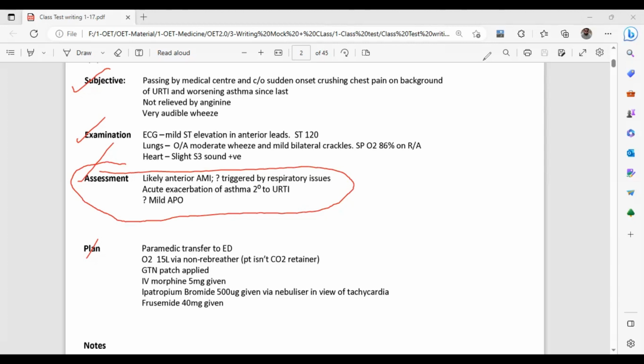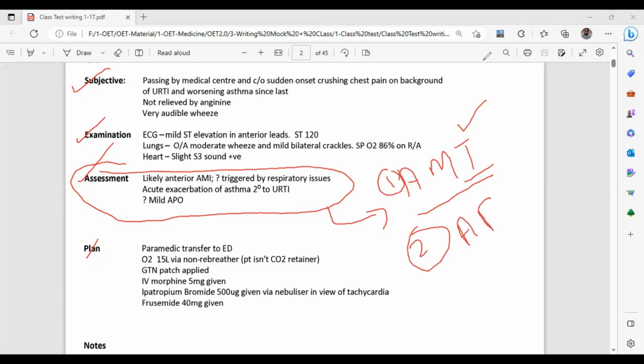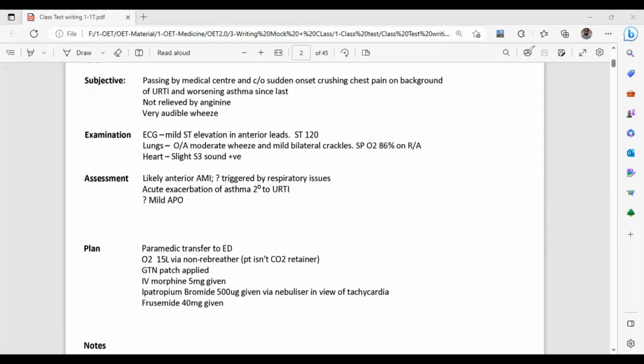So what we have in the assessment is AMI, acute myocardial infarction, for example. This is your first DD. Now, the second DD is your APO, acute pulmonary edema, let's say. These are two differentials you are suspecting, and along with that, we have exacerbation of asthma, right? So we know there is one cardiac condition and another pulmonary condition, but we have a differential diagnosis. Beside that, we can also see there,